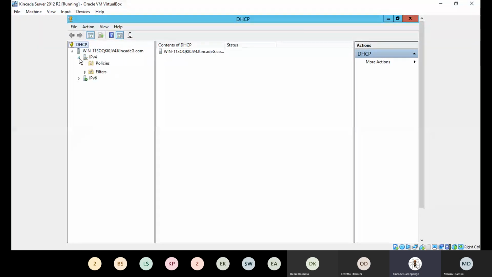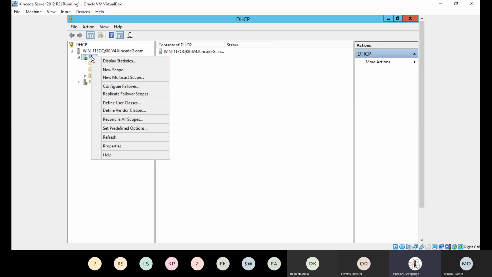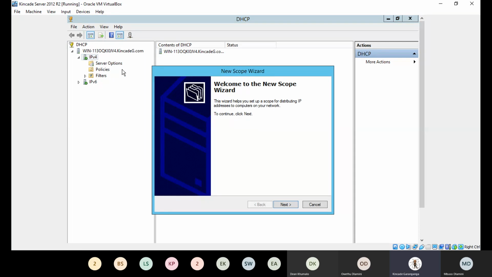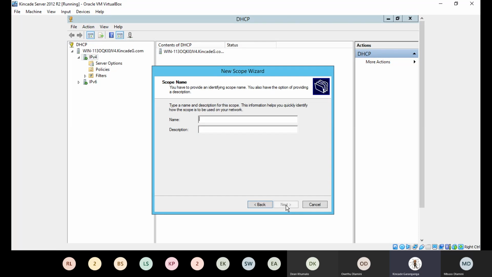You will again expand the drop-down menu there for the IPv4. And what you'll then do is you right click where it's labeled IPv4 there, and there's a context drop-down or options menu that appears. From there, you're going to then select a new scope. So we are trying to define the pool associated with our IP address configurations there, or associated with our DHCP server. As far as the actual wizard is concerned, you can next that,